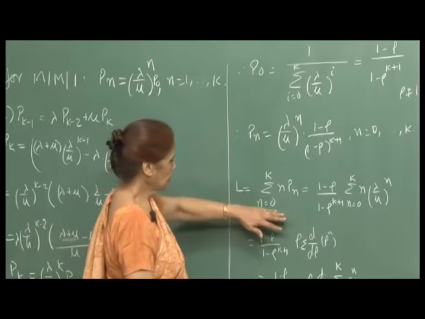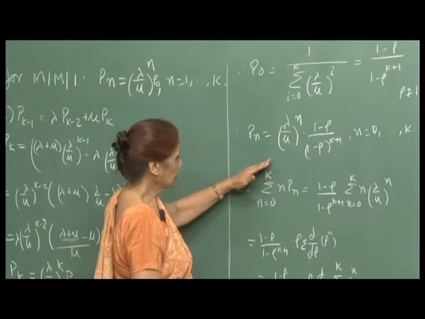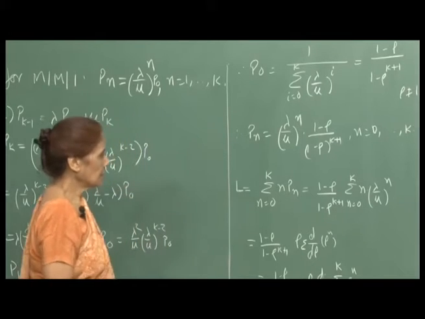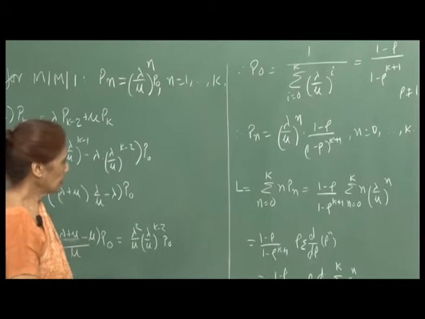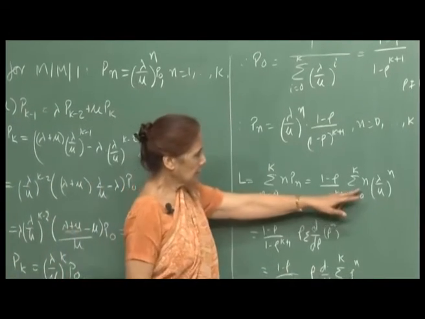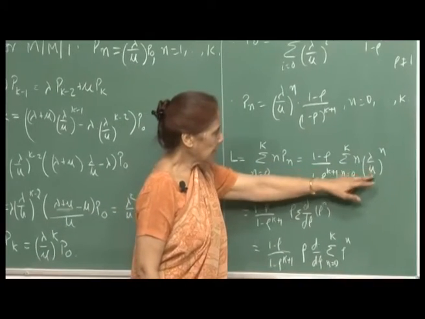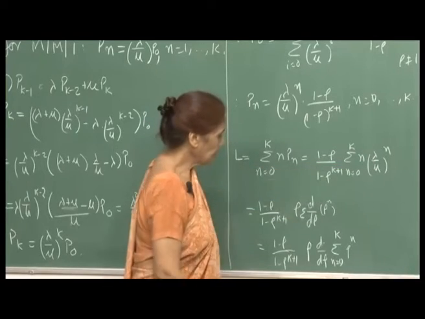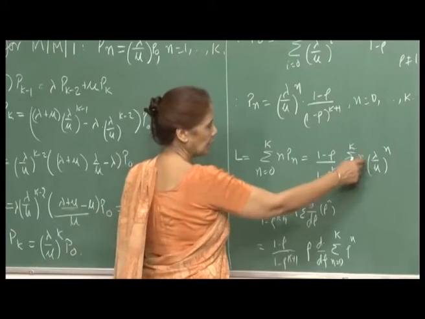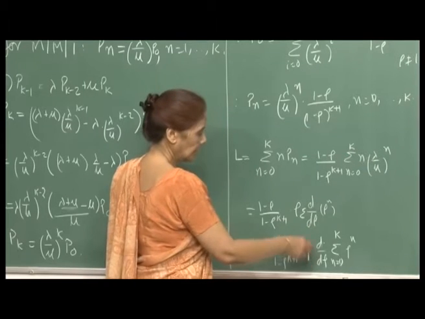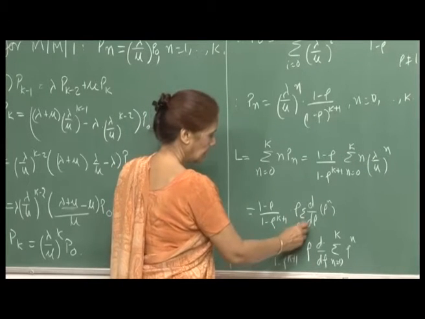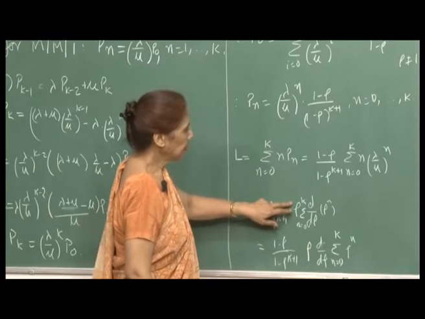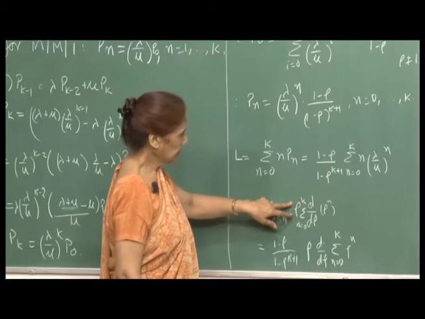So, this will be the sum of n p_n, n varying from 0 to k, and you just substitute for p_n. This is what you get, and again we will use the same trick: (lambda/mu)^n. So, this can be written as the derivative of rho^n with respect to rho, so n rho^n, and the summation of course n varying from 0 to k. If you take a rho outside, then it will be